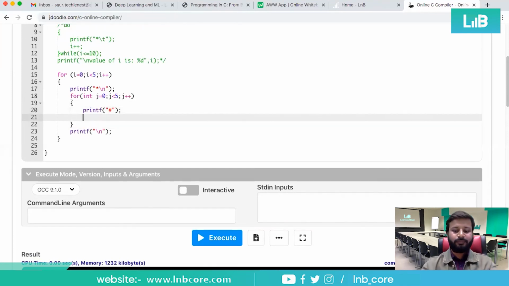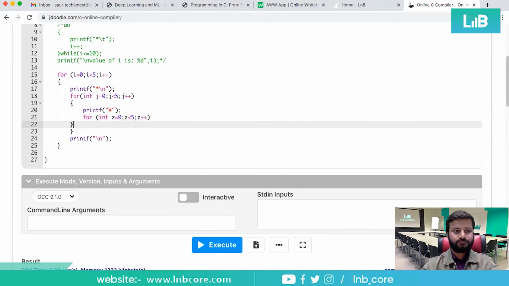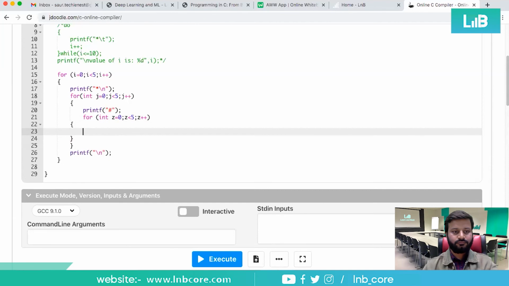Inside this, if you want to play with another for loop, I'm not giving you any pattern as of now, just to let you know how you can use this. for z equal to 0, z less than or equal to 5, z plus plus. Print within brackets, we should use another character, @ suppose, and \n also.